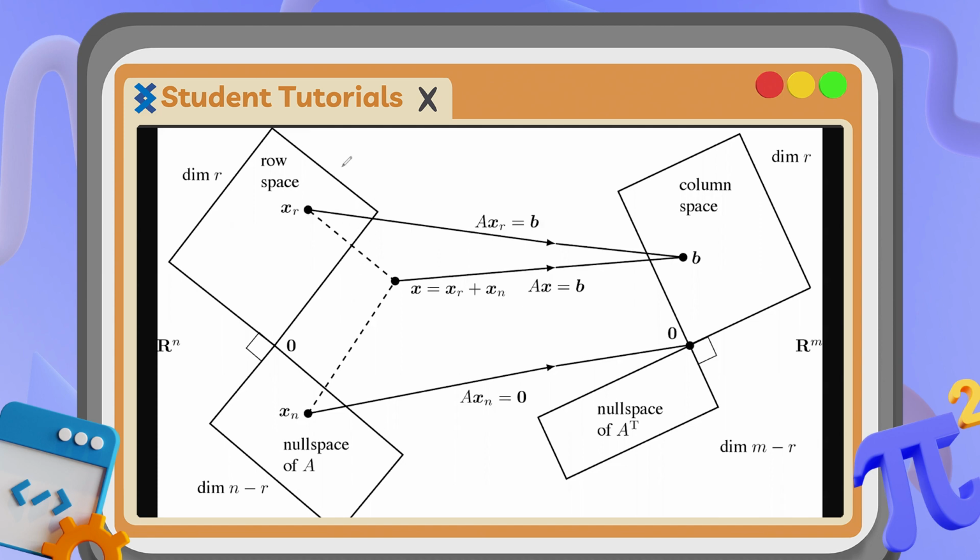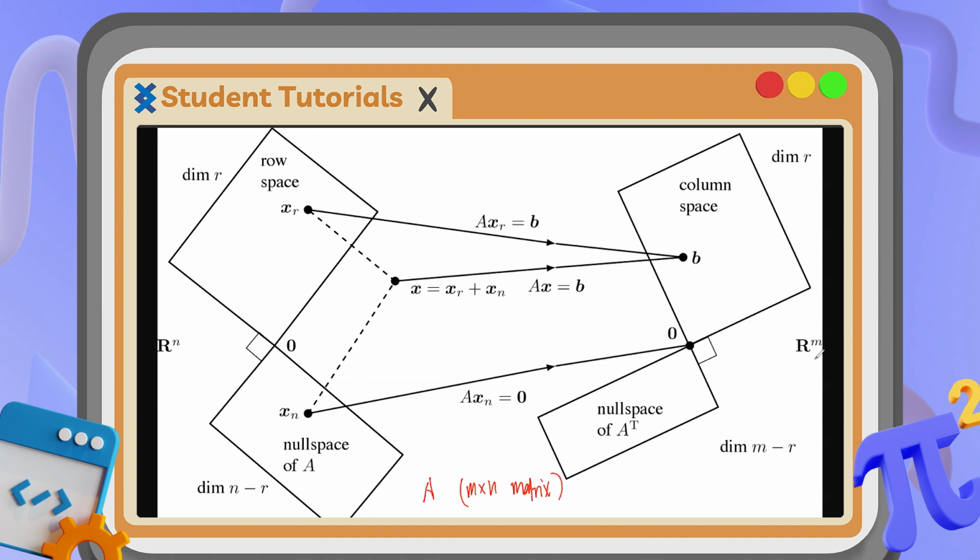So here we have the row space and the null space of A. Based on what we've learned from one theorem, b being part of the column space has a unique solution, which is x sub r. And in addition to that, we also have the null space of A, wherein when you multiply it by A, it is equal to the 0 vector. One thing that you should also take note of is that A is an m by n matrix,